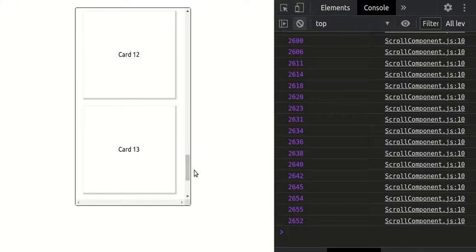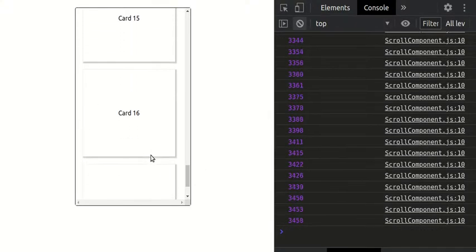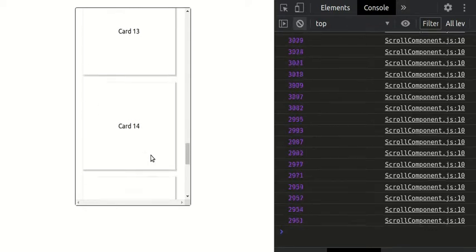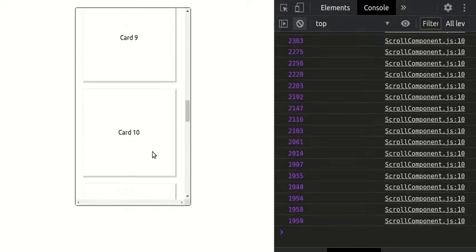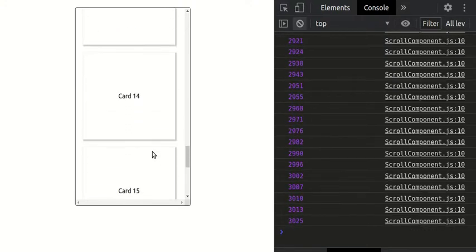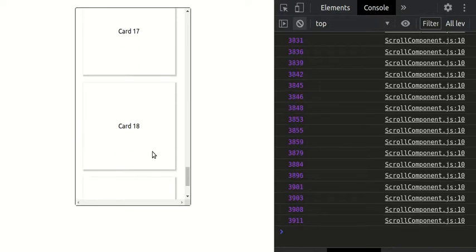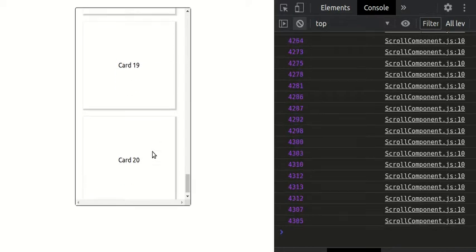Yeah. So now we are getting dynamic cards, and if we again check scroll 40, scroll 60, yeah, we are also getting them. And just observe this scroll bar.